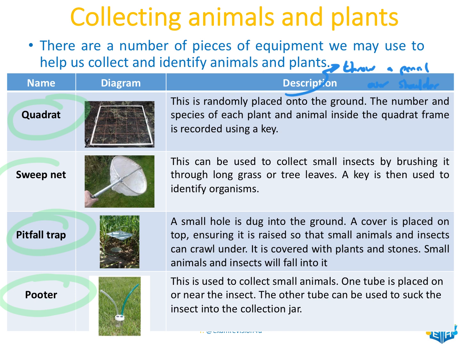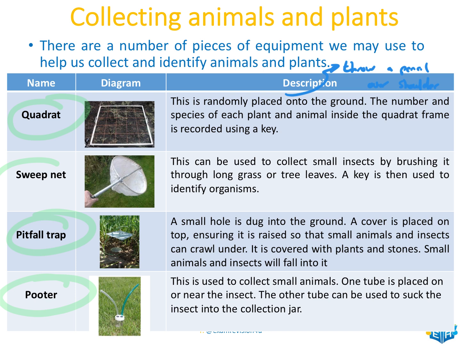So the number of species of each plant and animal inside the quadrat frame will be recorded using a key. So we want to be able to identify what they are, first of all, using the key, and then record the number of them that are present. A sweep net, this is used to collect small insects. So you will brush the net through long grass or tree leaves. Again, the smaller insects will be picked up, and you can use a key once again to identify whatever organisms